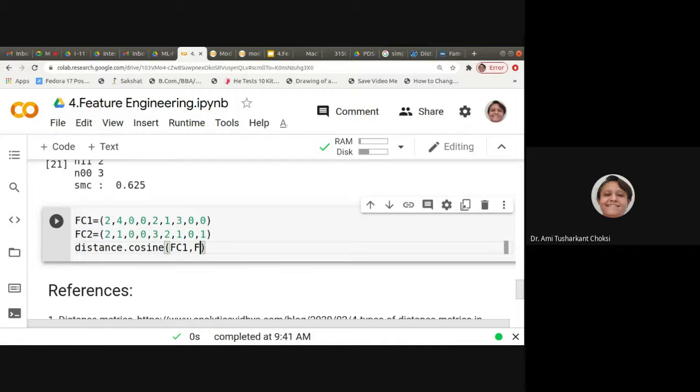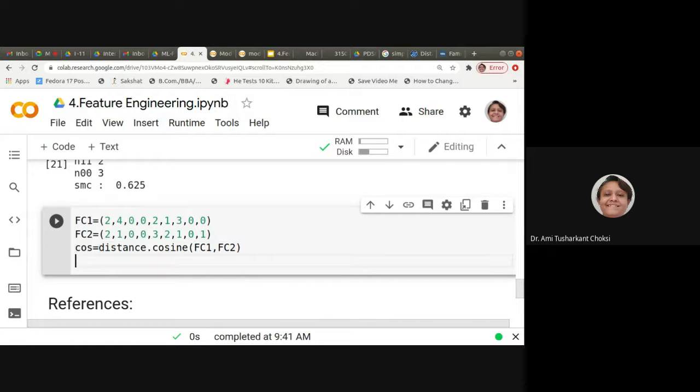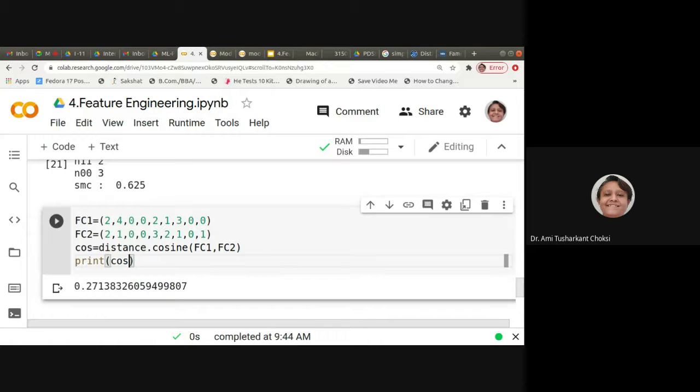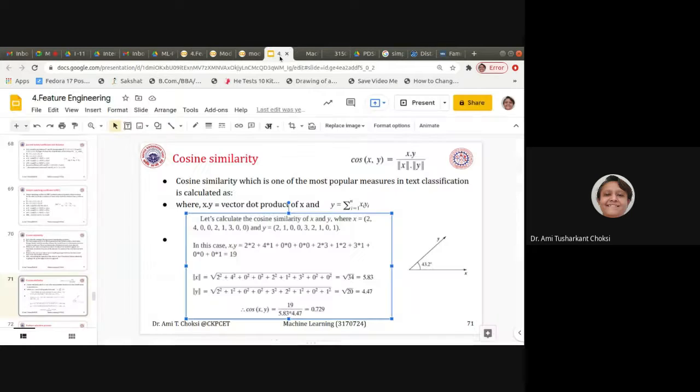FC1 comma FC2, and we'll have the cosine distance. So we'll be printing that, print cos. Okay, that will do, isn't it? That gives us the cosine distance as 0.729.